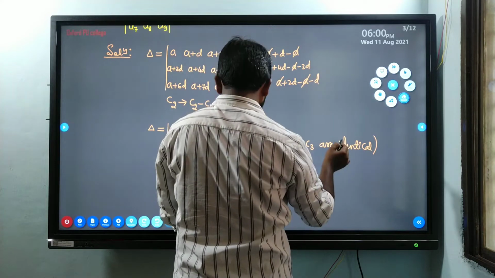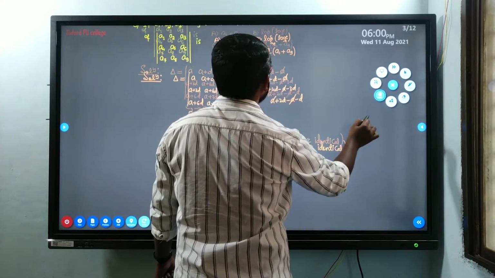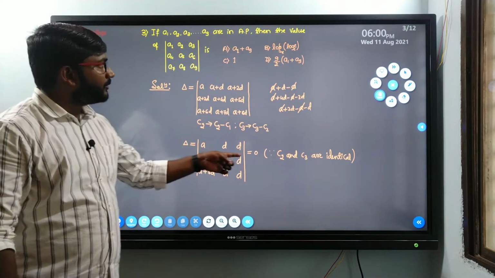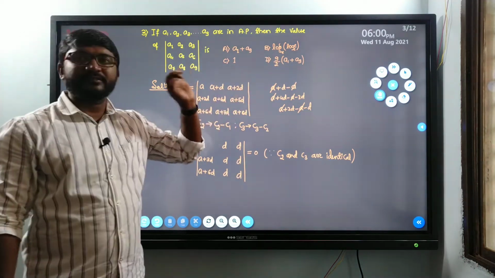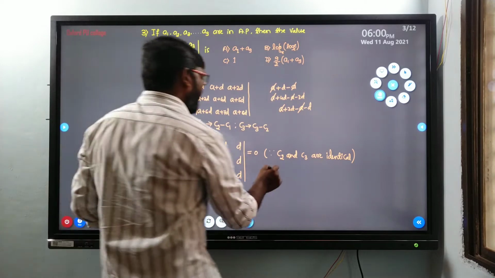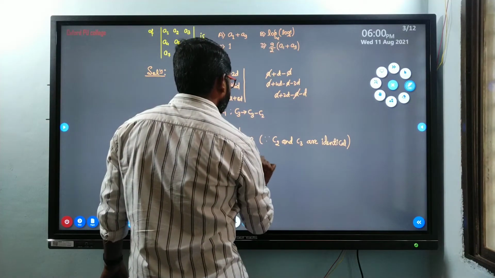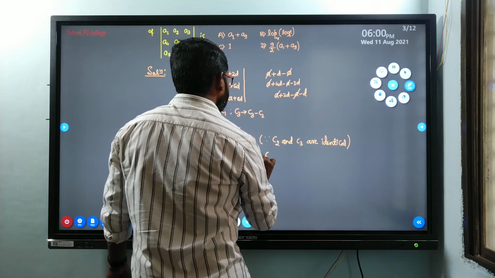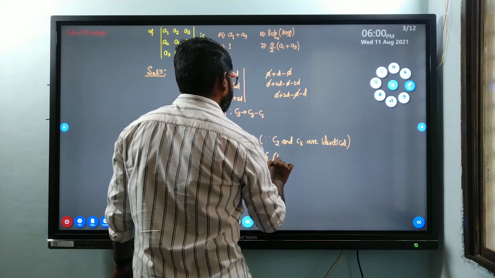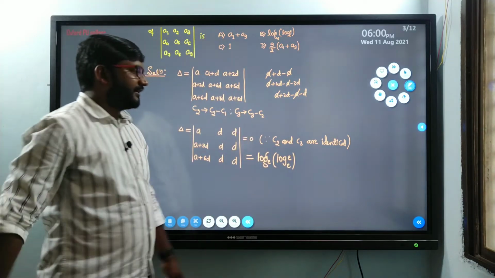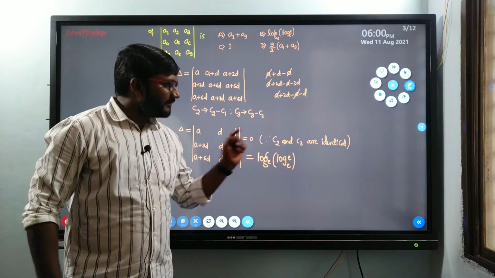Quickly go through this. Yes, but this is not the answer now. 0 is not there in any of the 4 options. So we have to simplify this further. So here this 0 can be written as log to the base e, and inside log e to the base e. So see here, log e to the base e value is 1.